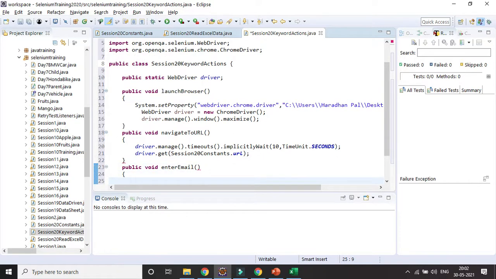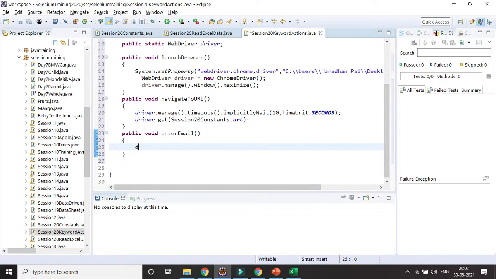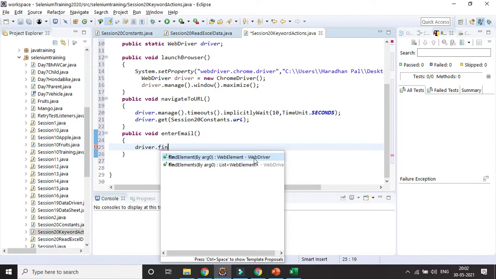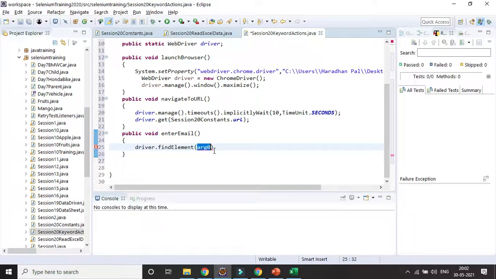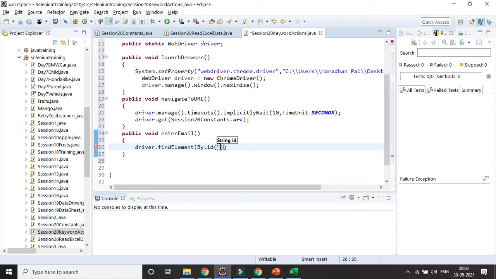And here, how can I read it? So I will be reading the property: driver.findElement. With which attribute can I read it? Maybe suppose I can read it with ID equal to email, so By.id, and whatever ID I keep, I will give that ID, and here I will be sending the data with the help of sendKeys.